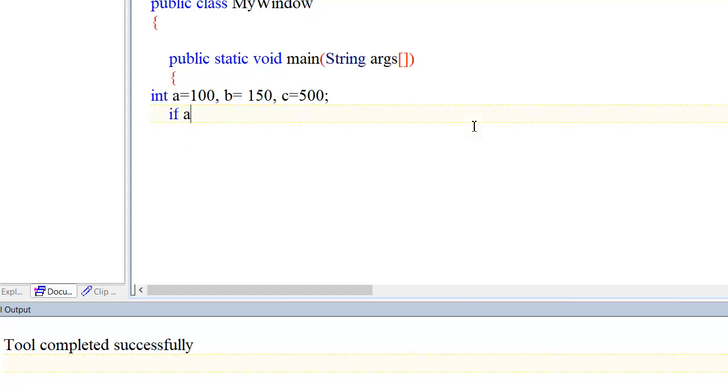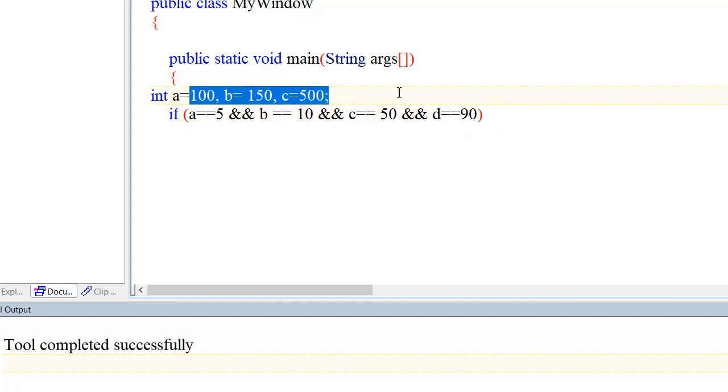If a equal to 5 and b equal to 10 and c equal to 50 and d equal to 90. If all values satisfy the condition, then it is true. int a equal to 5, b equal to 10, c equal to 50, d equal to 90.